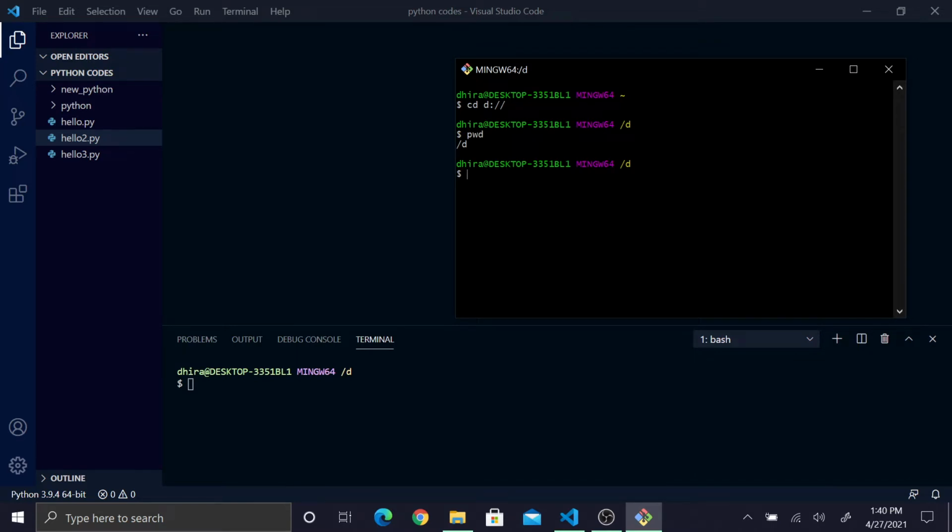Now I want to make a folder in my D drive, so I will use the command mkdir. Mkdir means make directory. Now my directory will be made, but I want to give it a name. So I will type double quotes, and inside the double quotes I will type the name of my folder: command line tutorials.